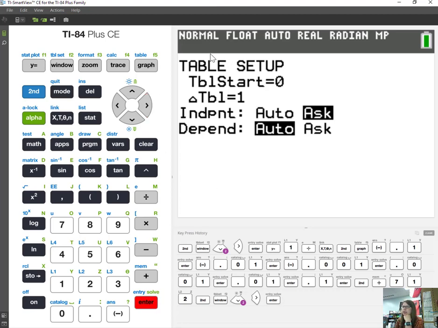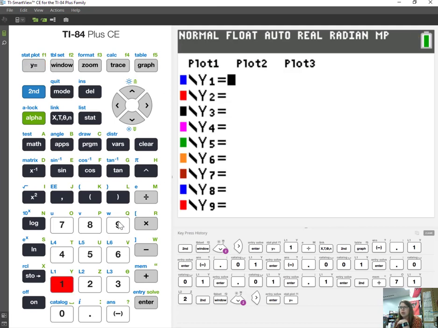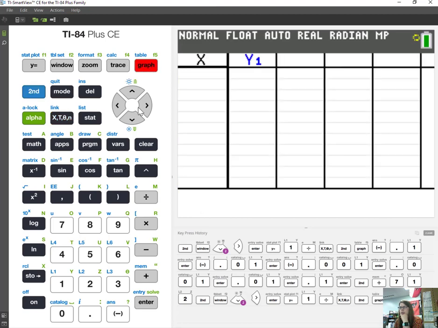Okay, so you're changing how your table gets set up. So put that in, and then you can go to y equals and put in your actual equation, which is 1 divided by x. Okay, so we went second table set, and then y equals. Then I want to go to the actual table. So second graph, which will open the table,